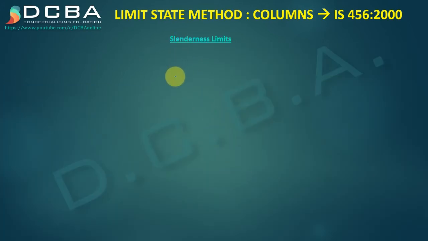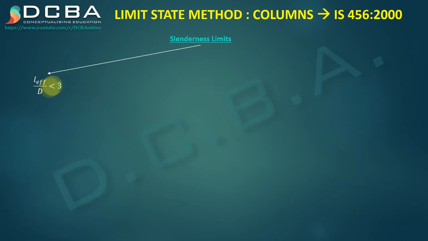Now next is slenderness limits. Slenderness limits are given by slenderness ratio, and slenderness ratio is what tells us how slender a column is. So slender means something that is very small in width compared to its height. That is a very vague definition of slender. But here when we talk in engineering, we have to talk with certain values. So we have devised something called slenderness ratio. L effective upon D is the slenderness ratio,